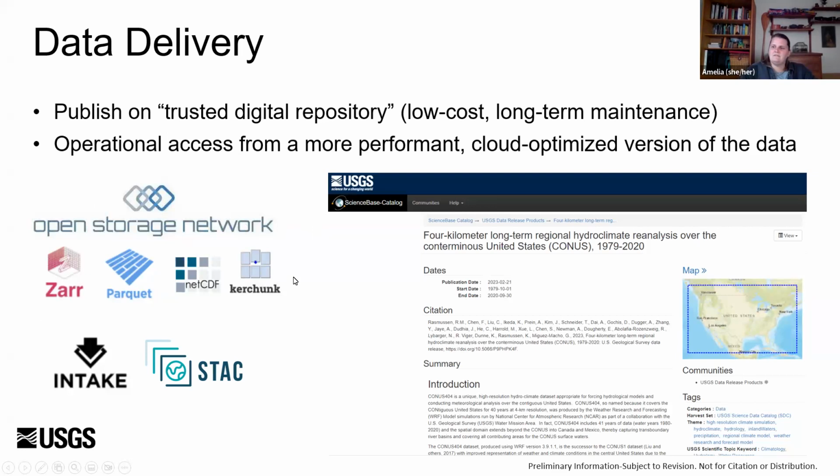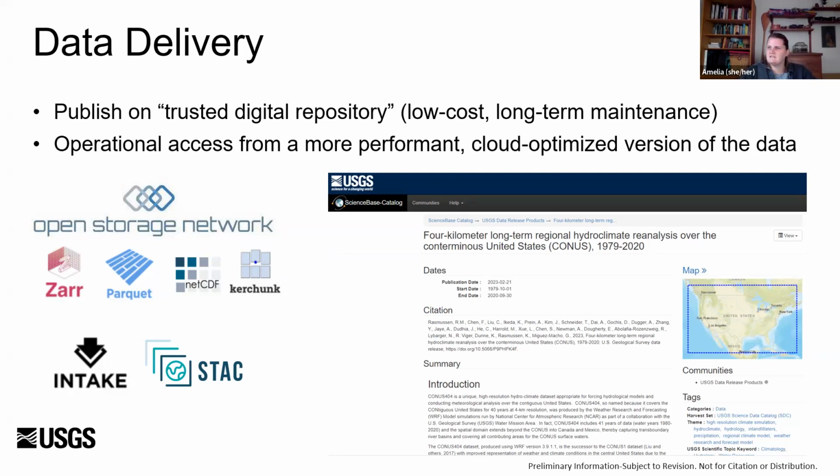And then once we've created our Zarr, we put it on the open storage network pod, we're cataloging it currently with an intake catalog. And actually this fiscal year, we're probably going to be transitioning that into a STAC catalog. And so we have, over the past fiscal year, demonstrated that this is a useful way to publish data at USGS through the publication of our CONUS404 data set, which was a 1 petabyte climate data set that we